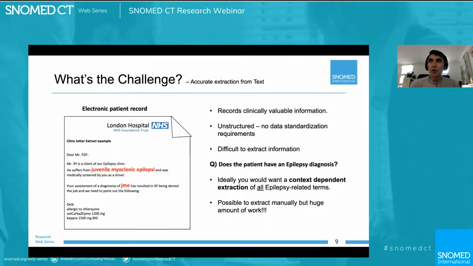Ideally, you would want to ignore that first term and have a way to look at all the different epilepsy terms or combinations and different types of diagnosis that relate to epilepsy, and based on the context, extract them as well. By context, I mean it's not an epilepsy clinic, or their sister doesn't have epilepsy. And of course, right now, a lot of this work is done manually, but it's potentially a huge amount of work to be done manually, because as I said, with a large London hospital, you're looking at scales of millions of documents to potentially answer these questions.